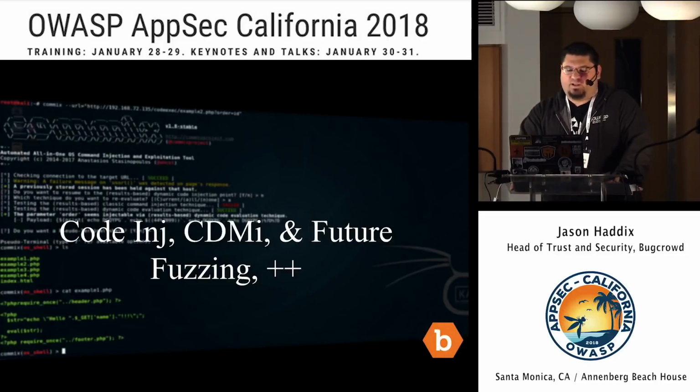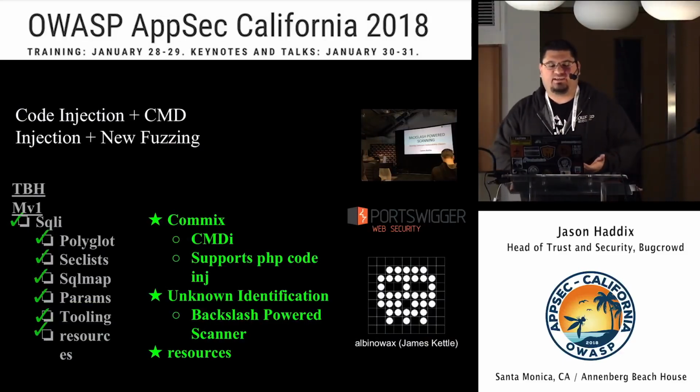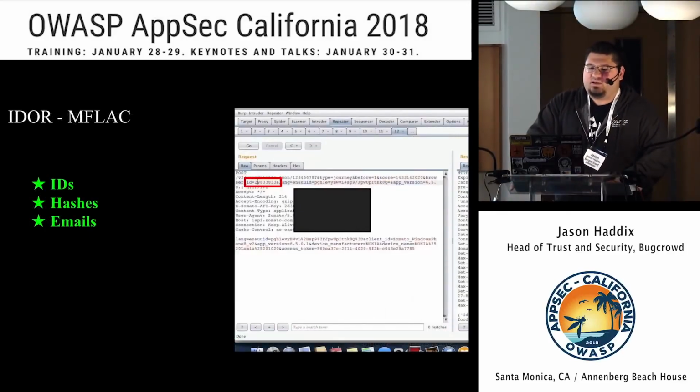Okay, I have 10 minutes, so I'm going to blast through this. Sorry. So for just code injection or command injection, or just kind of new fuzzing ideas. In the last version, I talked about SQL injection. Although it's a super impactful bug, we don't see it a ton. It's not a top bug that we see a lot of testers finding nowadays. A lot of mitigations against SQL injection. But command injection, funnily enough, still exists in a lot of web applications. And then the idea of custom fuzzing as well is a thing that we see, as well as IDOR or